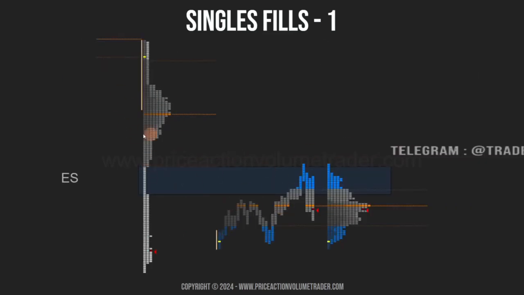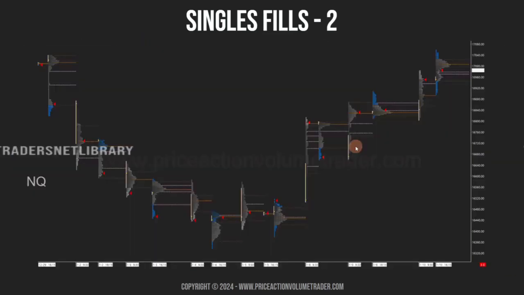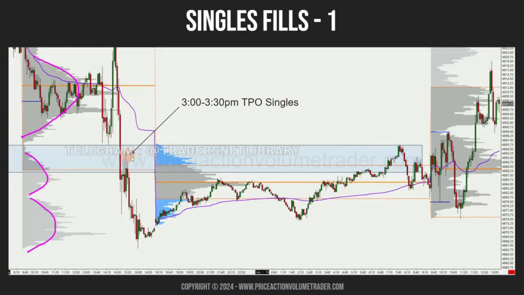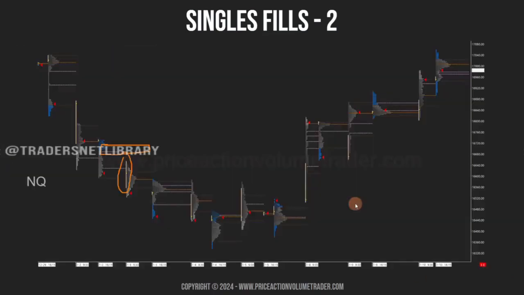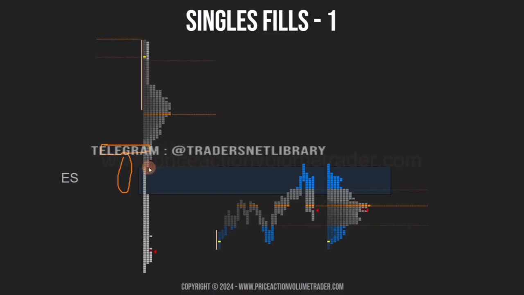Okay, well, I don't have the regular session split up, but basically all these moves was a single period. So when we look at the TPO, we have a clear gap right over there before we push down. And then all this area happened within a single period. So that's why when we look at the session profile, we have this large,